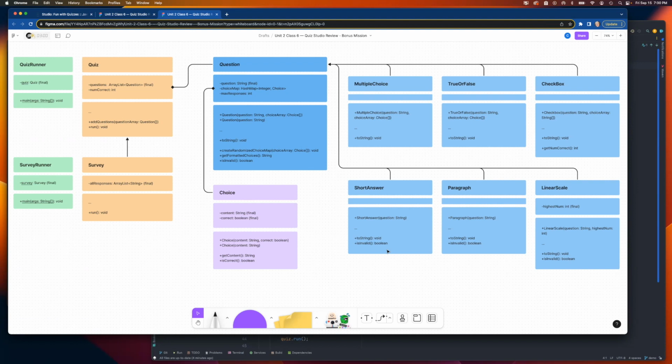We actually want to validate it based on the number of characters. And in the instructions, they said for short answer, that's less than 80. For paragraph, it's less than 500. So we'll override is invalid for those. And then for linear scale, we actually need to know what scale to create it on. So I have an additional